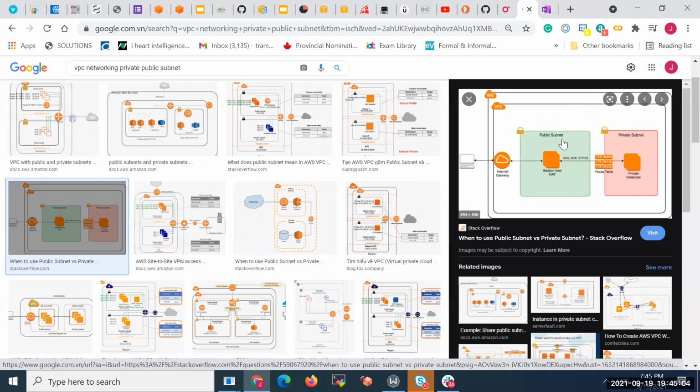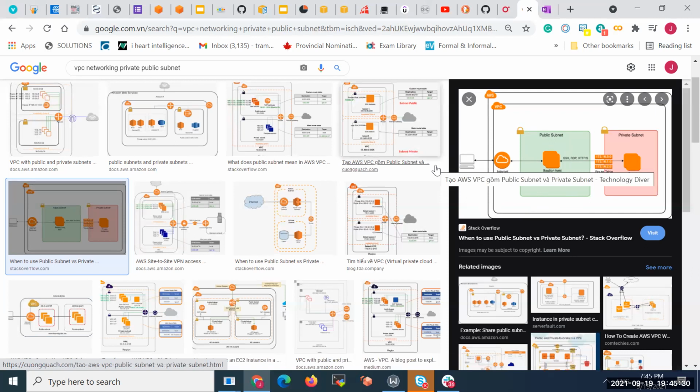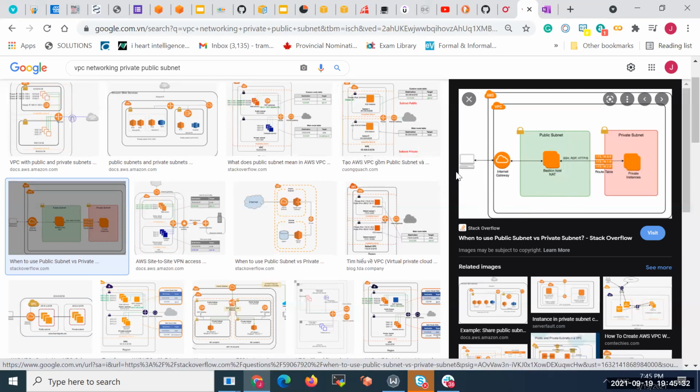That is registered in the route table. And in the public subnet, you have your NAT gateway, all of the connections that you're ready to expose to the outside world. That's why it's called public. And then all of the services in the public subnet have to go through another one, the internet gateway, to connect to the outside world. So that is the architecture of the Amazon network.